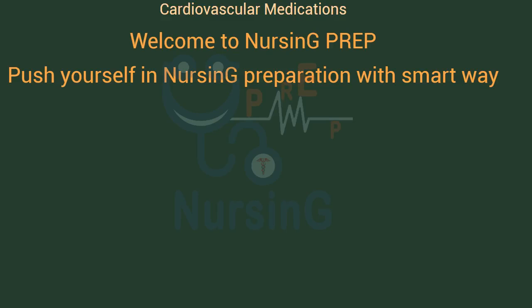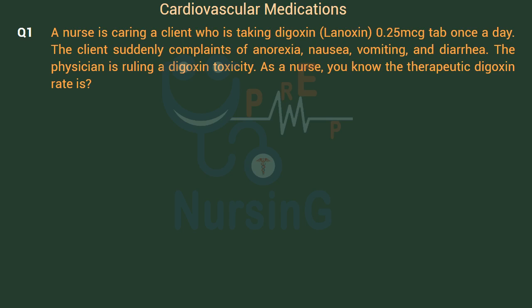Cardiovascular medications. A nurse is caring for a client who is taking digoxin, Lanoxin, 0.25 micrograms tab once a day. The client suddenly complains of anorexia, nausea, vomiting, and diarrhea. The physician is ruling out digoxin toxicity. As a nurse, you know the therapeutic digoxin range is: